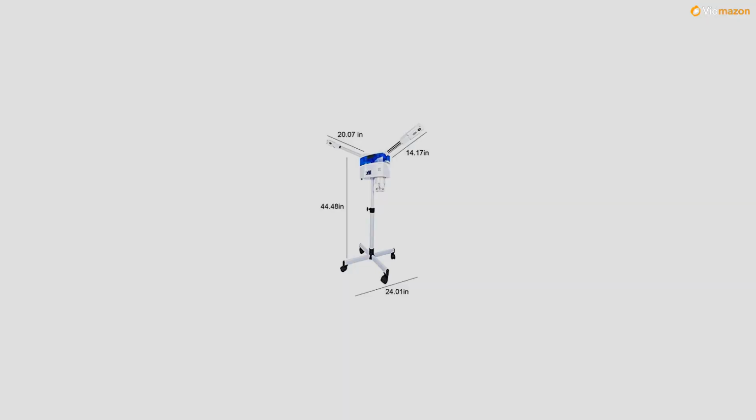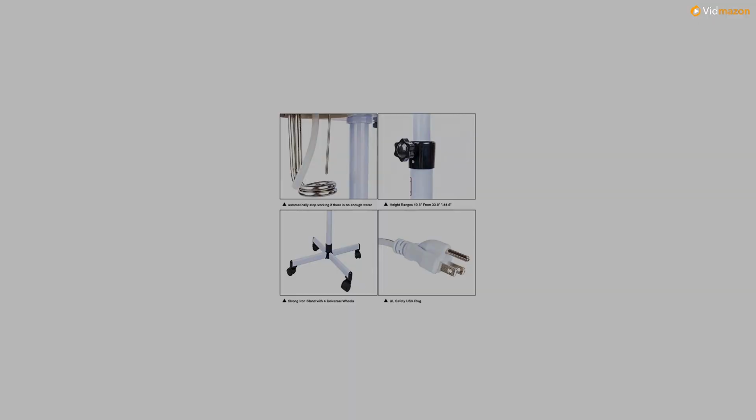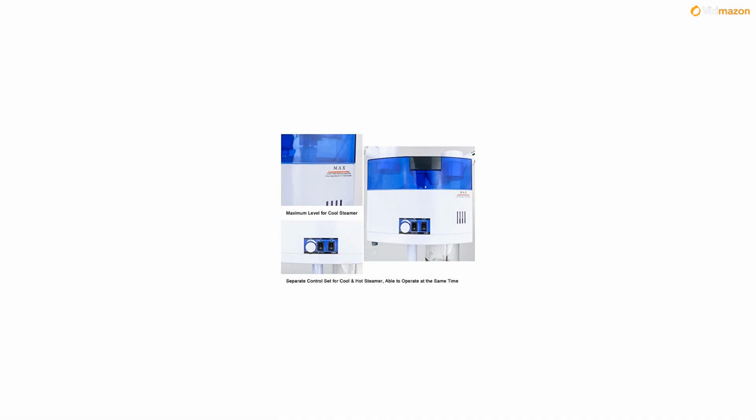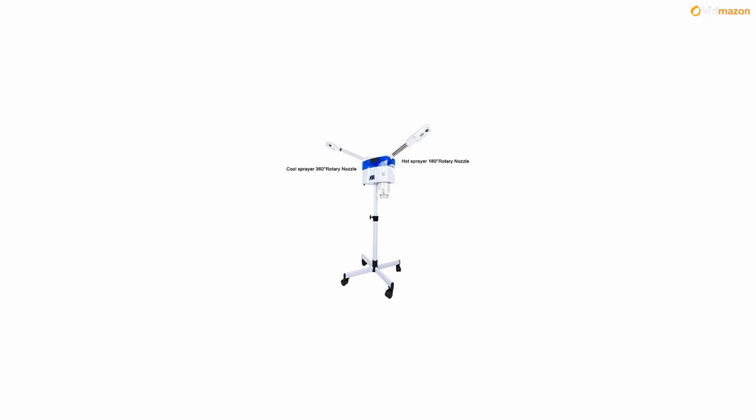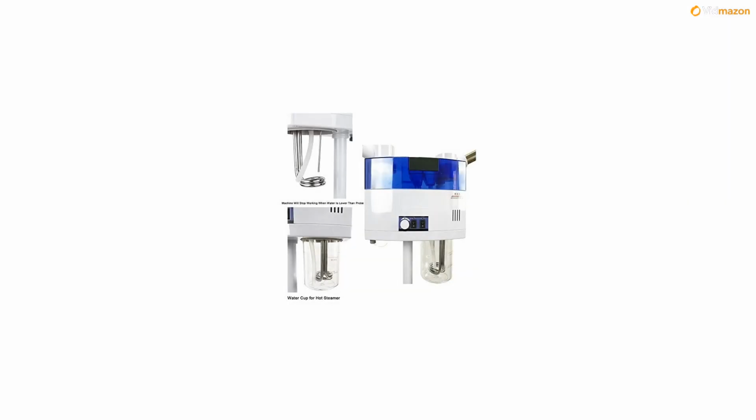MF-FS002. Package includes: 1x facial steamer, 1x manual. Hot and cool steamer, comes with 2 sprayers, each for hot steam and cool steam. This 650W facial steamer is designed for salon use or personal care at home. Having 2 separate water tanks, this new version facial steamer is able to generate both hot and cool steam at